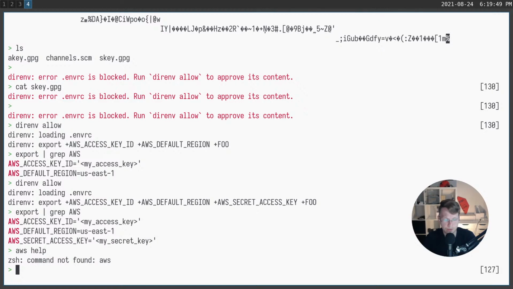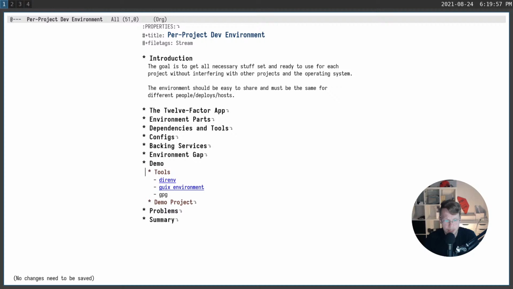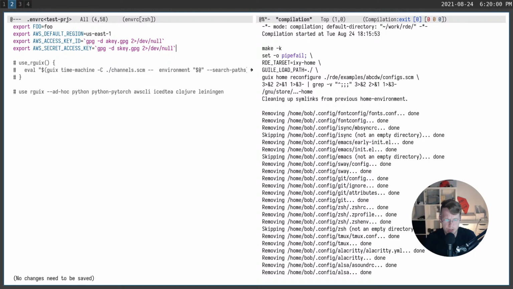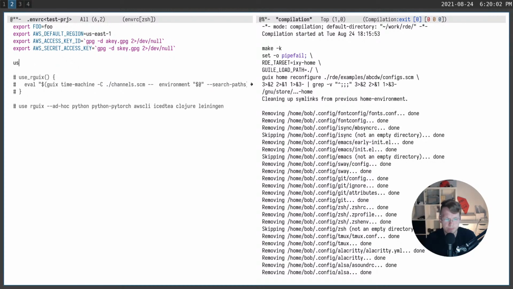But I don't have the AWS utility, so I need somehow to bring it inside my environment. And for that, I will be using the Guix package manager, and direnv already has a special function which I can call using the syntax use Guix, and after that I can specify the packages I want to be installed